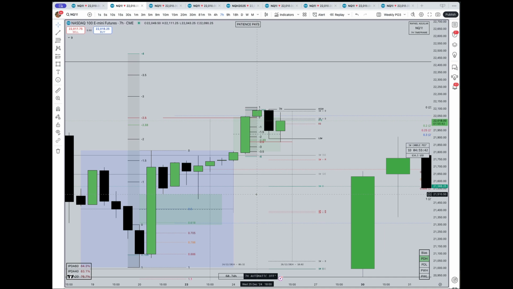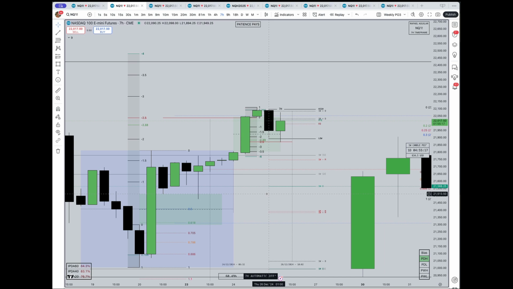So the way I see it, basically the 7 hours on electronic trading hours, we have 3 candles a day. 6 p.m. to 1 a.m. basically covers the Asia. 1 a.m. to 8 covers the London session, and 8 a.m. to 3 p.m. covers most of New York. So you think about